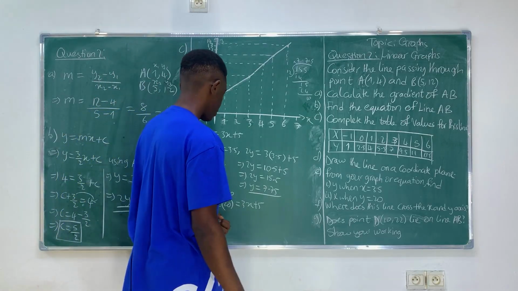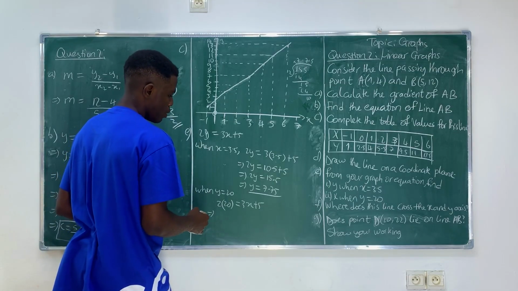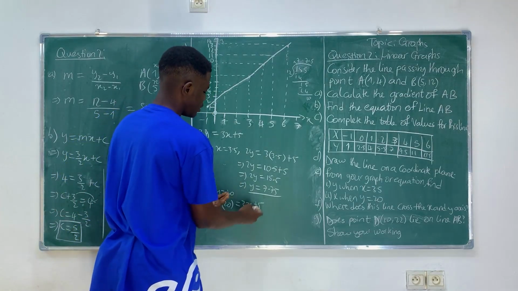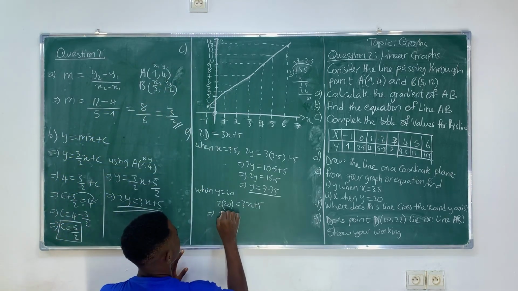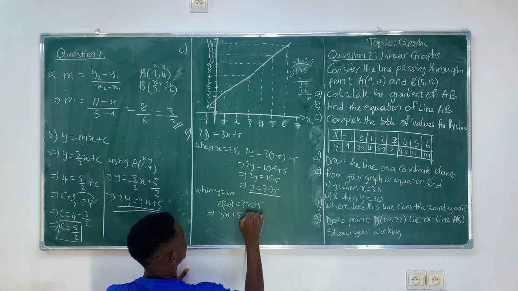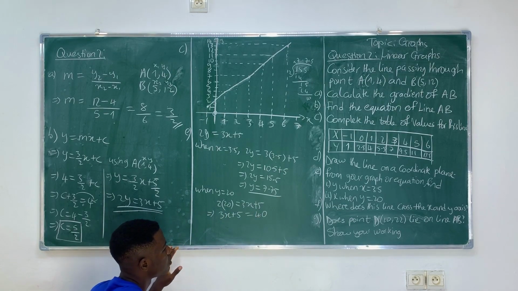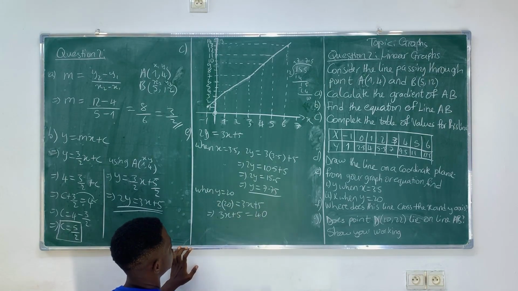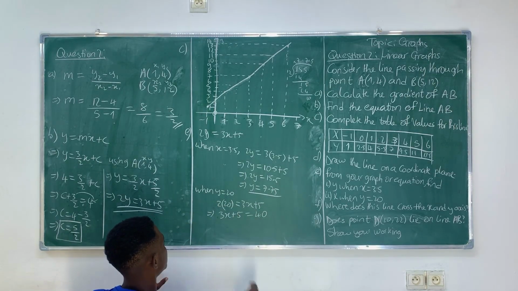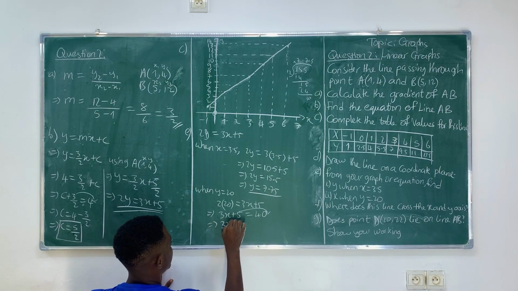We just make x the subject of the formula, which is what I have been doing. We reverse the equation so that x can be on this side. You will have 3x plus 5 is equal to 2 times 20, which is 40, on this side. What I did is I put this one here and this one here. So 2 times 20 will be 40. Now I bring this 5 to this side. I'll have 3x is equal to